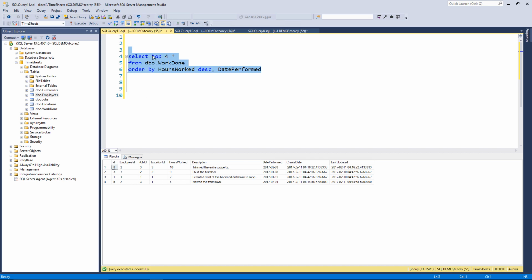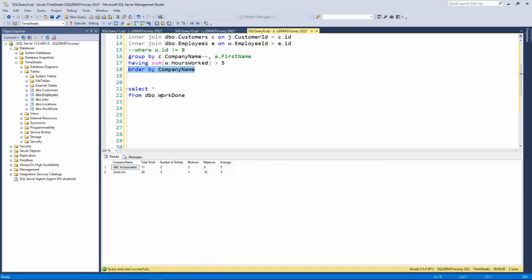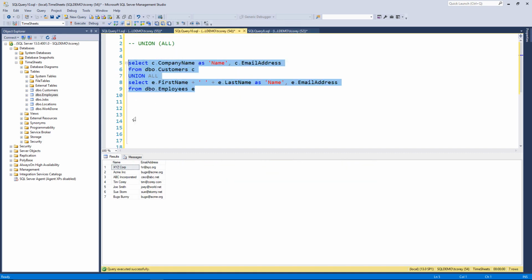All right, so the top 4 or top 1,000, top 50, that can be used to give you the winners, maybe the top 3. But also it can be used for things like limiting your returned rows so that you don't have a million records, literally, down here. That'd be a bad thing. Whenever you have a production database or a database with lots of records, I would suggest whenever you do something like this, where you have select star from,